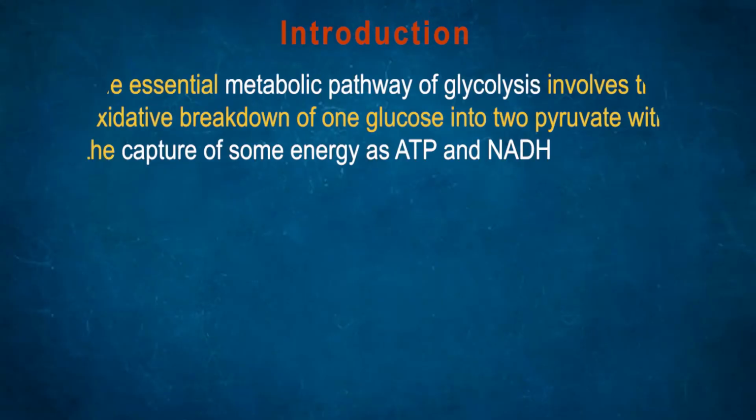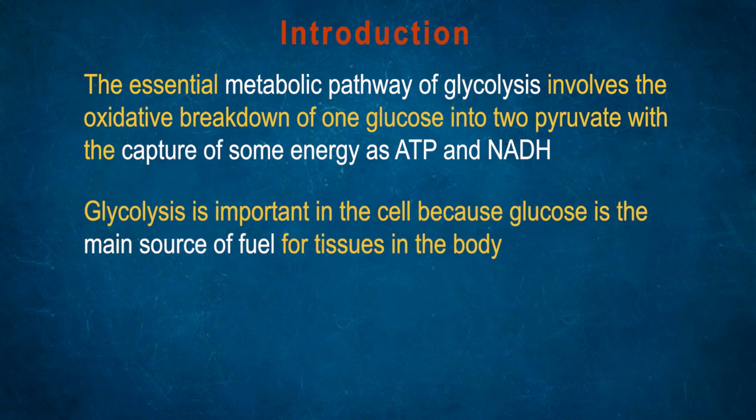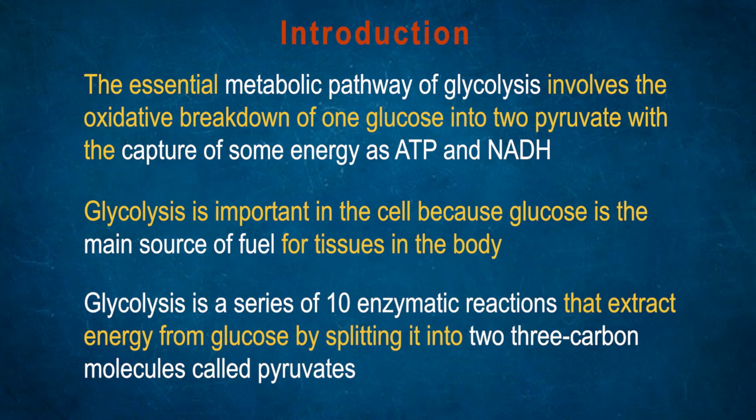The essential metabolic pathway of glycolysis involves the oxidative breakdown of 1 glucose into 2 pyruvate with the capture of some energy as ATP and NADH. Glycolysis is important in the cell because glucose is the main source of fuel for tissues in the body. Glycolysis is a series of 10 enzymatic reactions that extract energy from glucose by splitting it into two